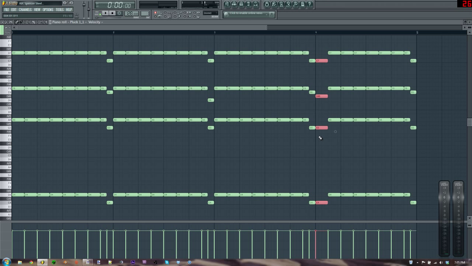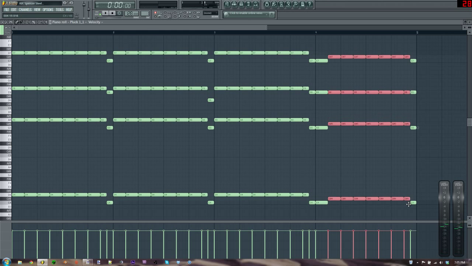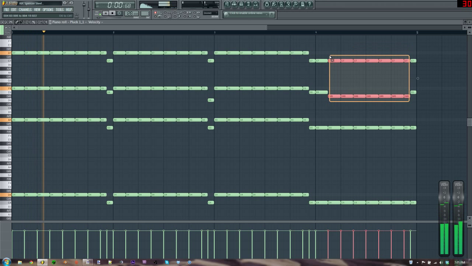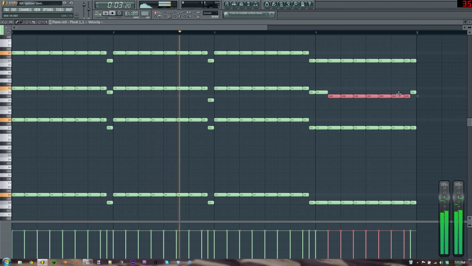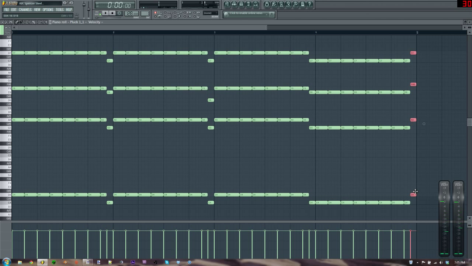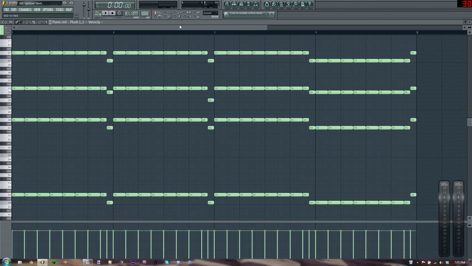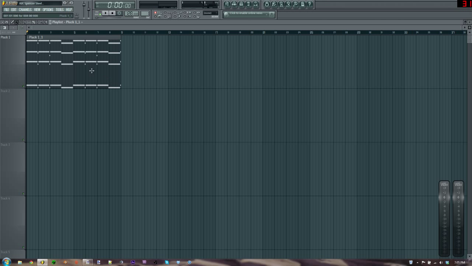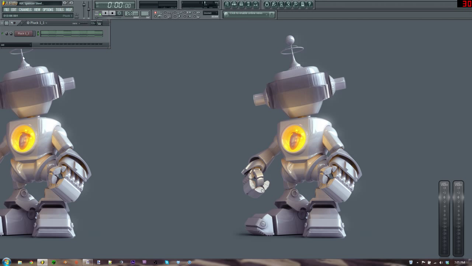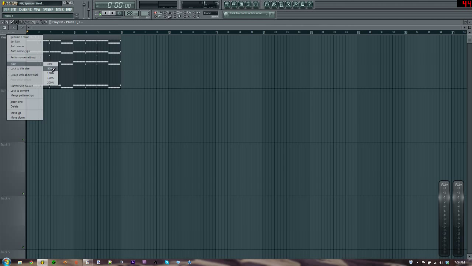I'm debating whether or not to do this. I don't know if it's going to sound good or not. So let's try it. There's no harm in trying this. Okay, that's not bad. I'm going to keep that up there. So right now we already got something that sounds kind of full. It actually sounds really cool. What I'm going to do now is actually copy that for 8 bars. I might change it up on the second half there, but for right now I'm going to go ahead and